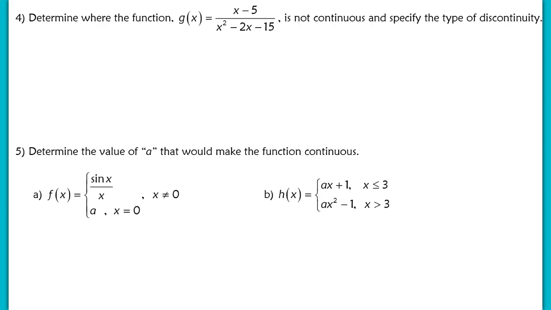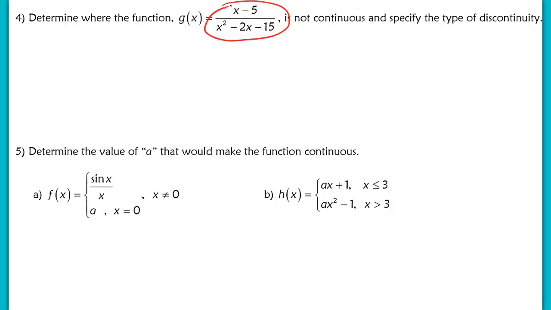Okay, so obviously those were really easy when you're looking at a graph, but here in problem 4 we're asked to determine where the function is not continuous and to specify the type of discontinuity that occurs when we're just given a function. So what we're going to do here is look at this function. Now it's a rational function, remember. It's going to be continuous at all values of x except for which are not in the domain of the function. So basically what you're looking for here are the values that make a hole in the graph or make